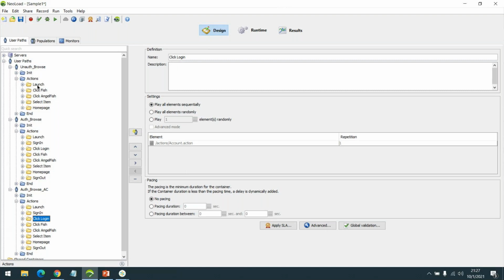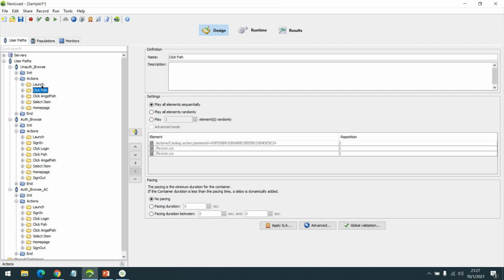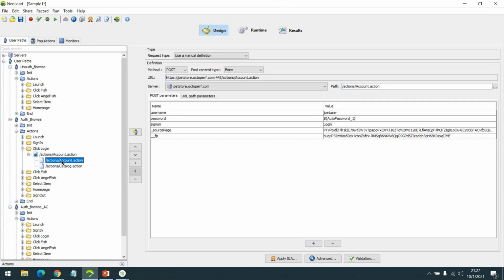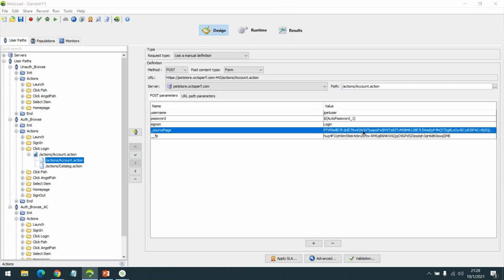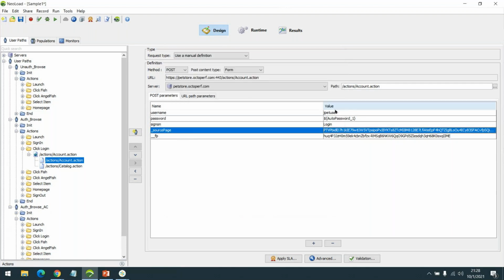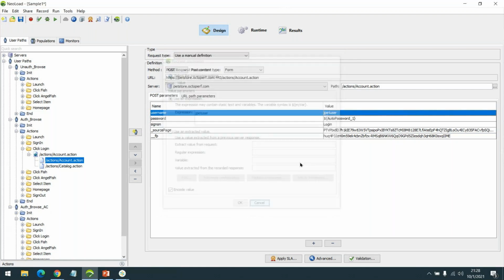When we look at these transactions, that is launch, fish, click fish, selecting item, all of these are kind of neutral transactions. They do not have any authentication in place. But when we see this transaction, clicking login, there are some dynamic values. You see some random values are getting passed along with the username, and this is supposed to be the password.